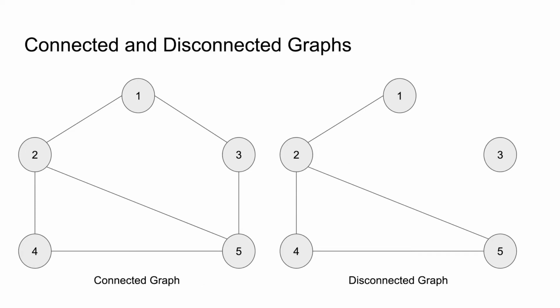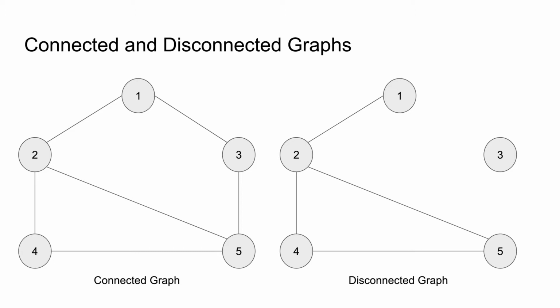On the left hand you can see a connected graph where all the vertices are reachable from all other vertices, and on the right side you can see a disconnected graph where at least one vertex or a group of vertices is unreachable from any other vertex. So for example, on the right hand, you can't reach 3 from 1. If I'm at node 1 and I want to reach 3, there is no edge that can connect me to 3 via any other way. So you can connect from 1 to 5 but not to 3. So that's the connected and disconnected graph.